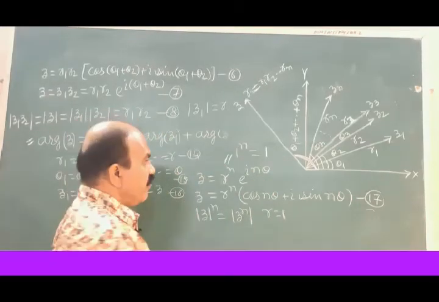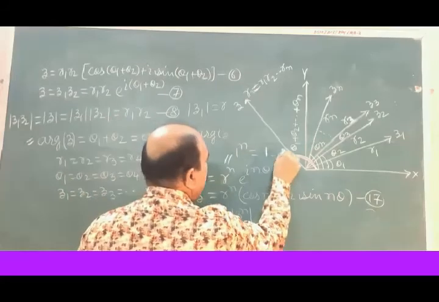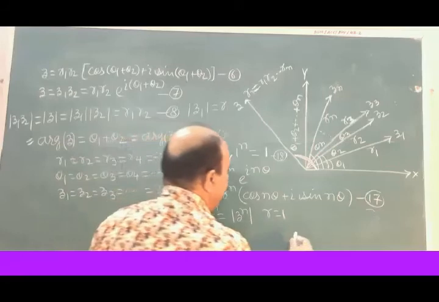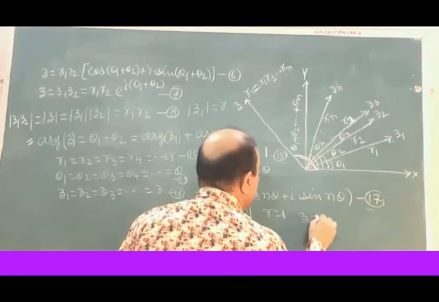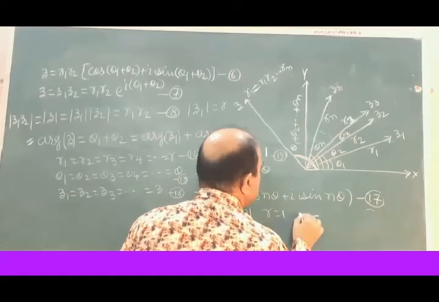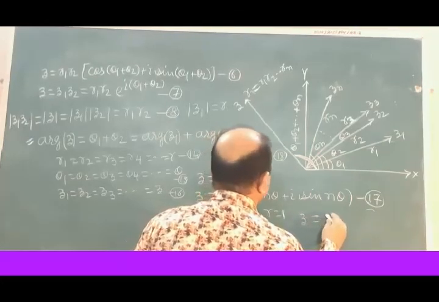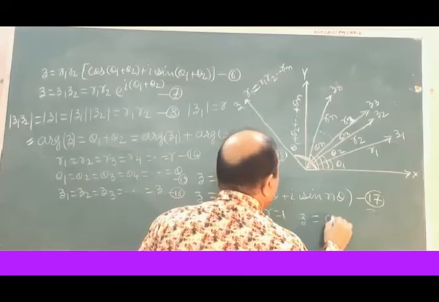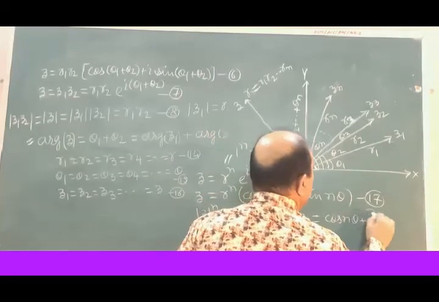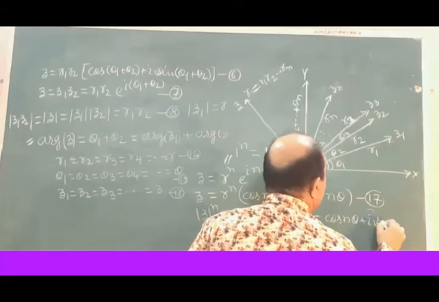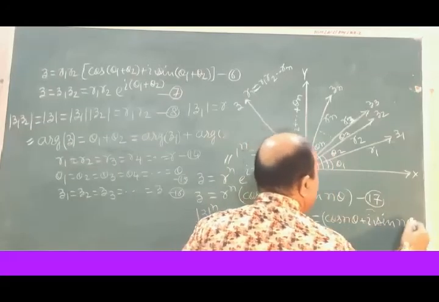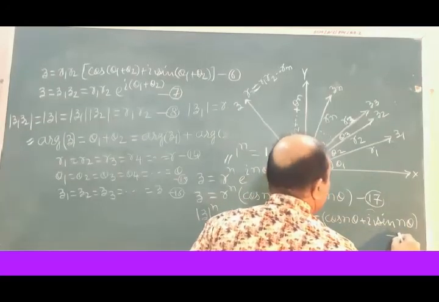If this is one more assumption made as equation 18, then equation 11 will further become Z is equal to cos n theta plus i sin n theta. Equation number